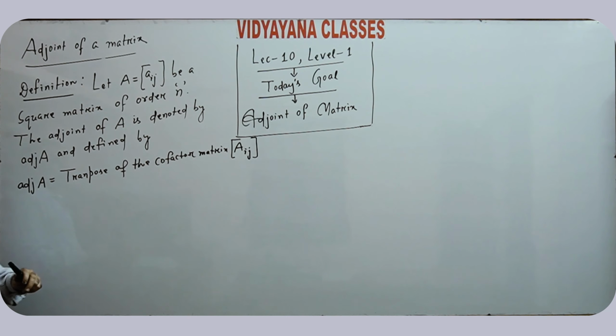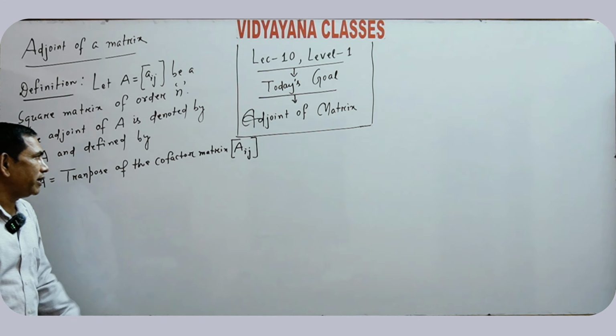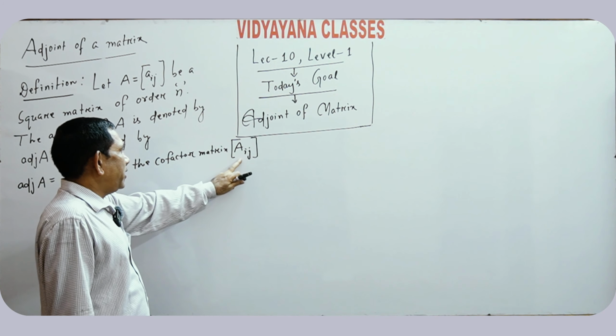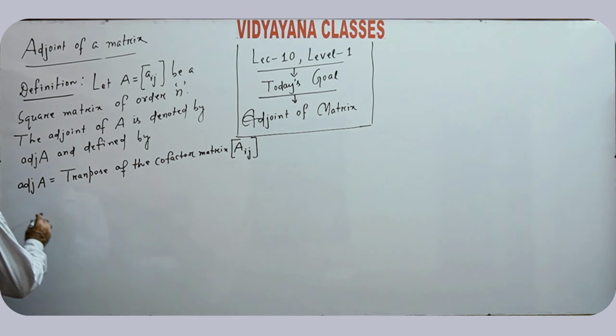A is a square matrix of order n. Adjoint of A is equal to transpose of the cofactor matrix having element A_ij, where